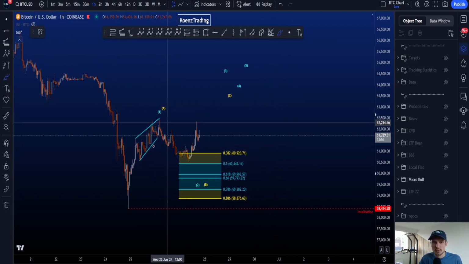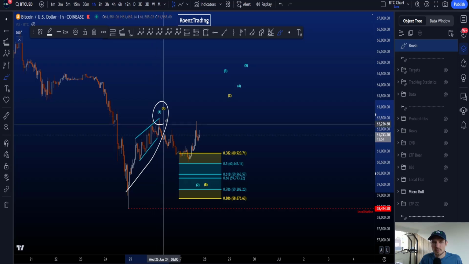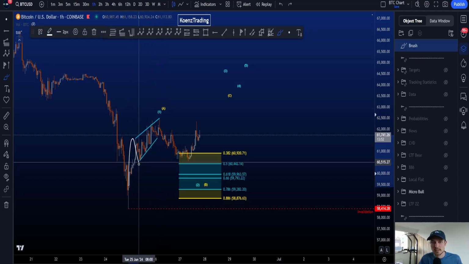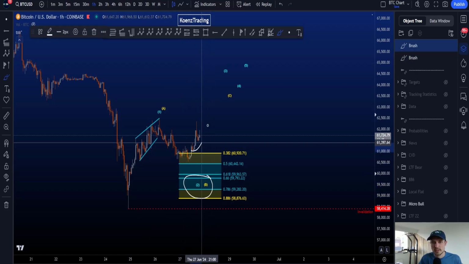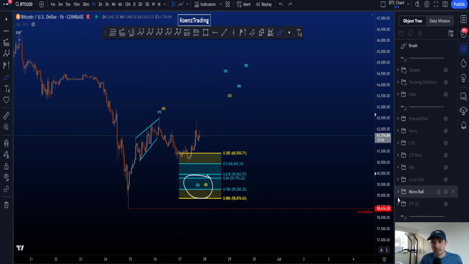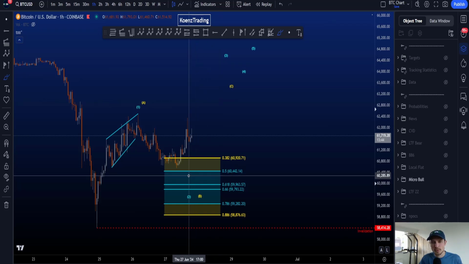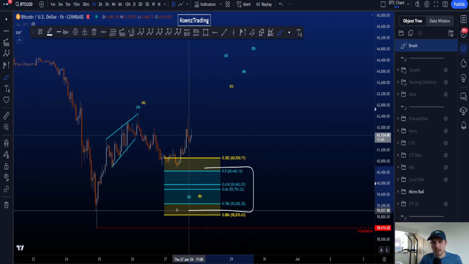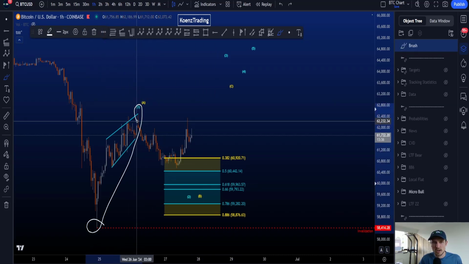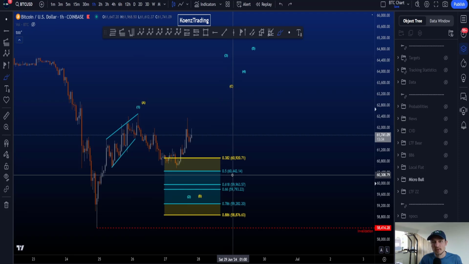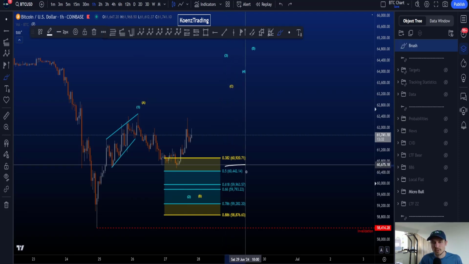The first move to the upside is then counted as a wave 1 or A, another leading diagonal because of all the overlap here. Then we have 2 or B, looking for a 3 or C to the upside. The common target for your wave 2 is the blue box between the 0.5 and the 0.786 Fibonacci taken from the low to the high of wave 1, giving you a target between 60.4K and